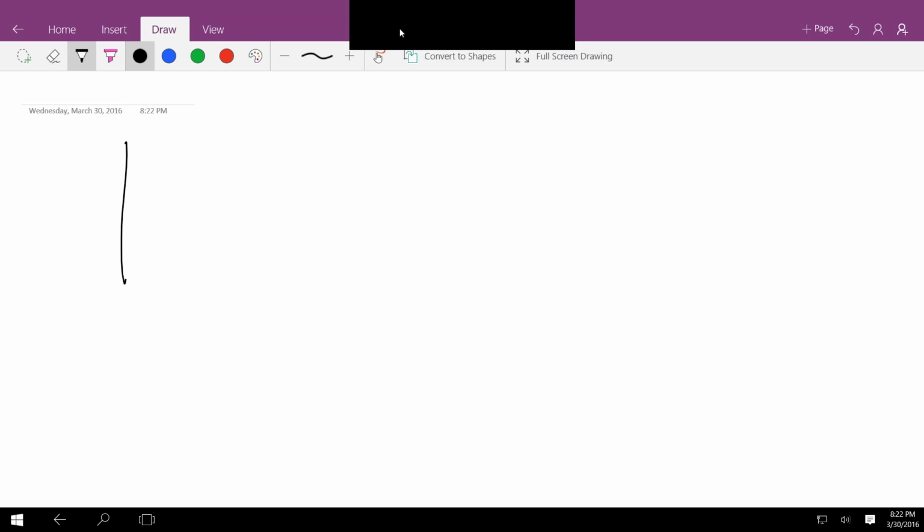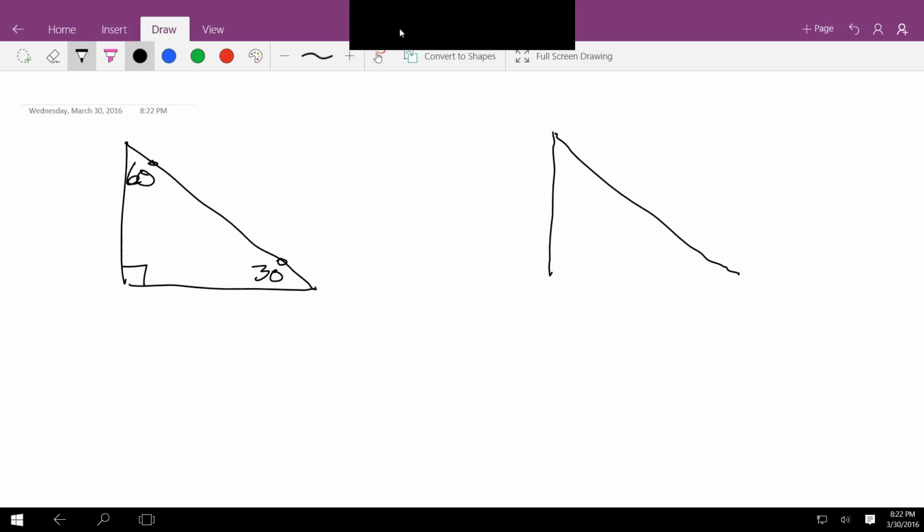Let's talk about these two triangles. Because these two triangles are paramount to trig. By that, I mean they expect you to know the sine, cosine, and tangent for these common angles, 30, 45, and 60 degrees. And the way we're going to figure them out is, I've been talking about these two triangles